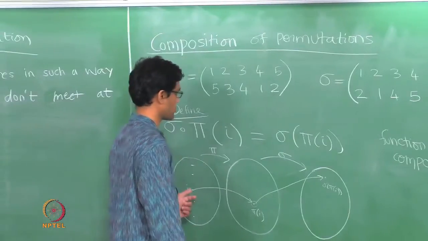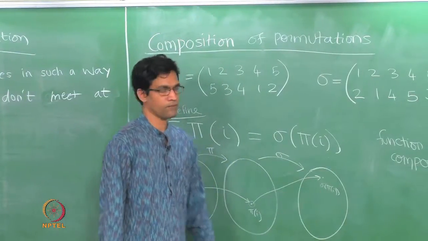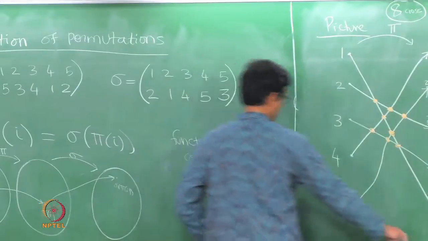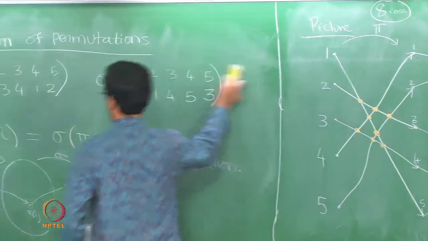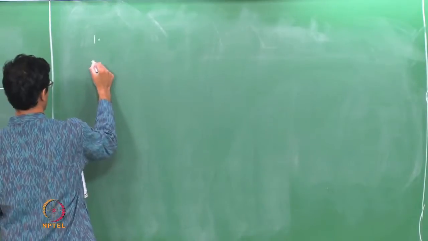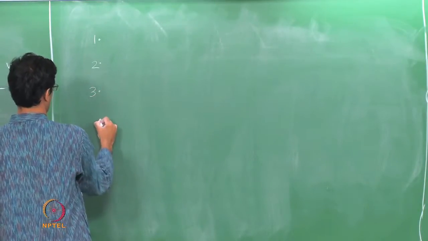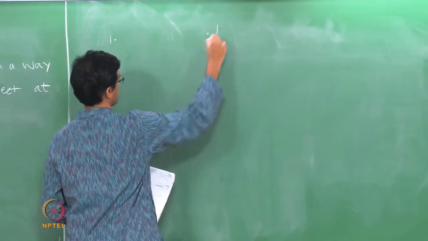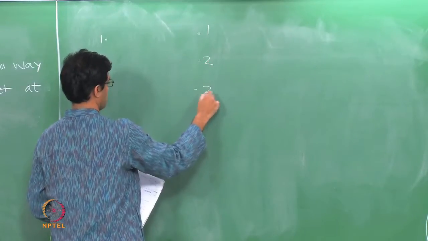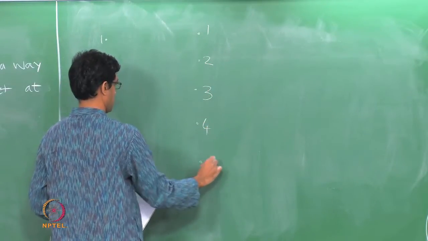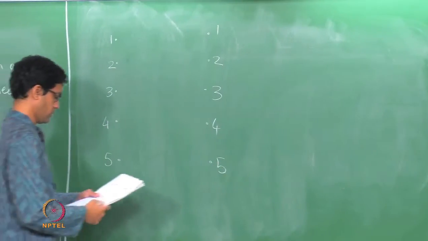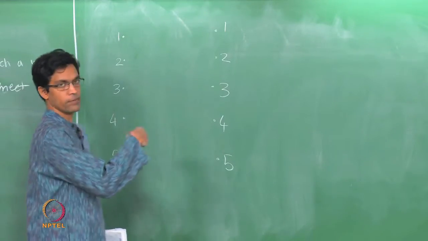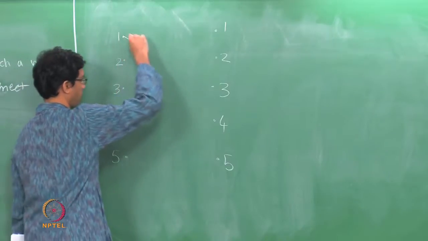As we said, the composition is just you take the first diagram and follow it up by the second diagram. Okay. So let us draw the composition diagram. I will take these 2 things and compose them. Again we will just write the numbers down, and let us compose these two things. So for instance 1 maps to 5, which in turn maps to 3. So 1 should go to 3 under the composition.